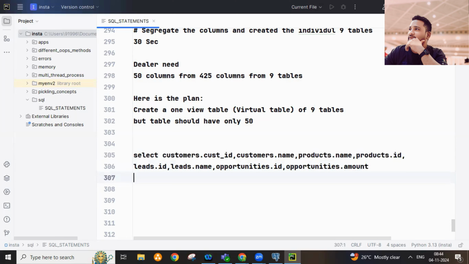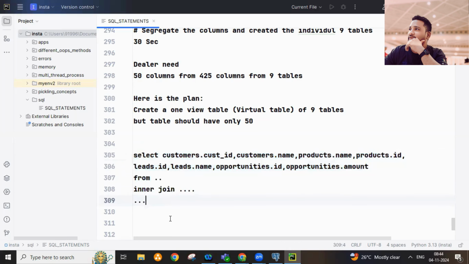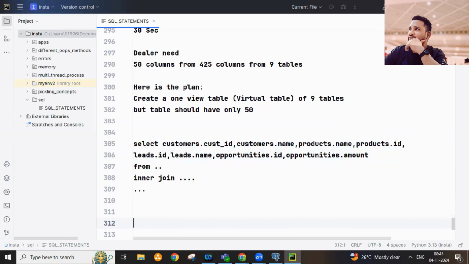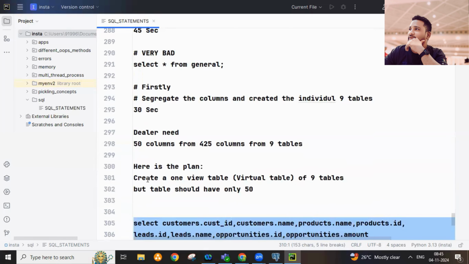So this is what it looks like, from blah blah blah, and you are doing all the joinings, let's say multiple inner joins. So this is how the query looks. Understood? With this query, we are simply creating one virtual table. So what is a virtual table? We need to understand. What it does is, dynamically,